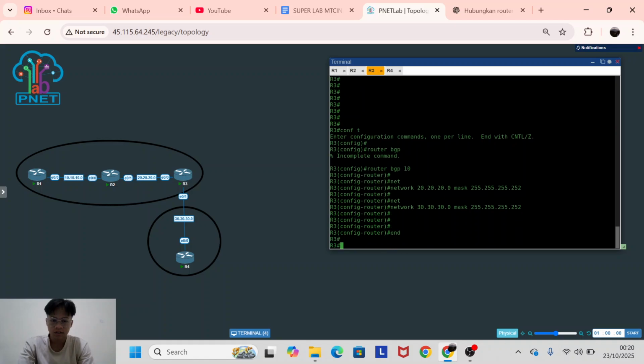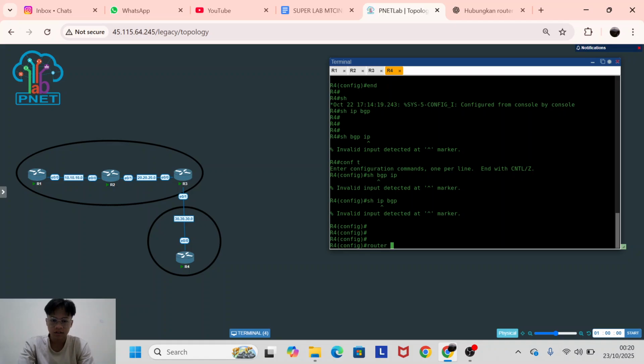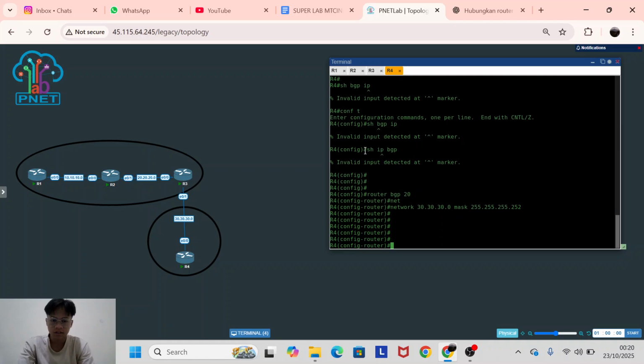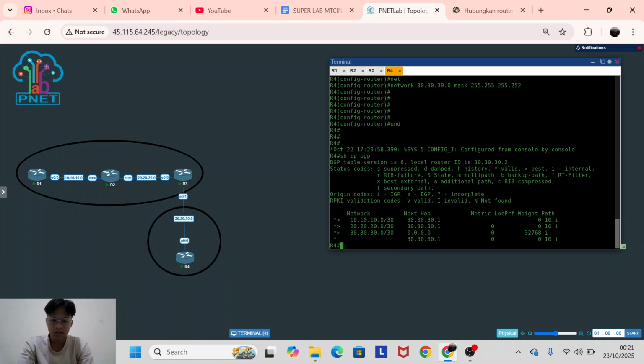Okay. And in router 4 I add a network for 30. Okay, like this. Now I try to print it. Okay, there is an IP.